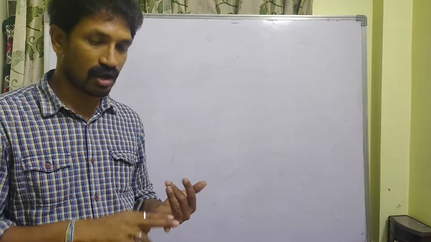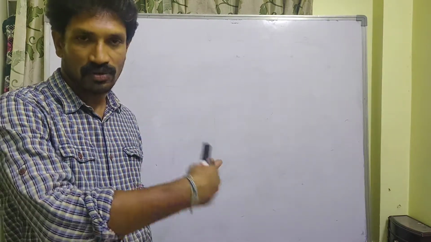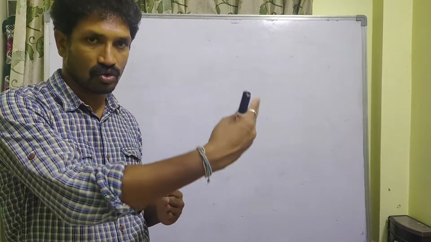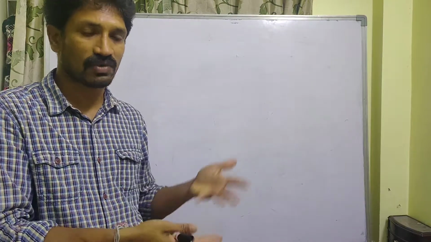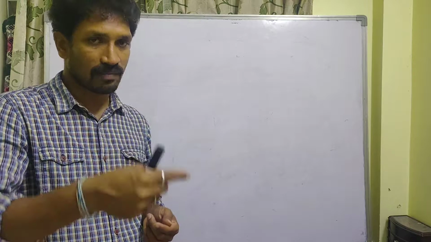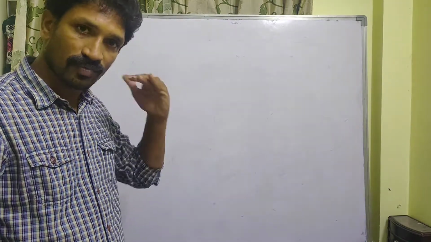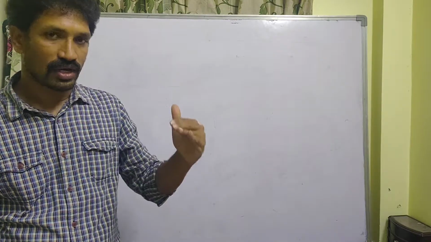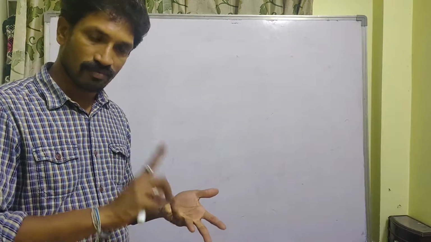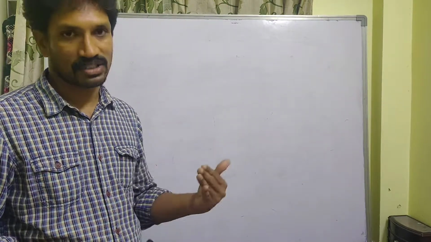But in the objective pattern, we just go for substituting the given options for x, y, z. They will give some values. Just substitute those values in the given equations, whichever satisfies is our answer. Okay, so if you go for the regular method, it takes more time, so wasting time is not correct. So go for the objective, go for the verification method. Okay, I will explain the verification method and Cramer's method, matrix inversion method, Gauss-Jordan method. Today we will discuss Cramer's method.